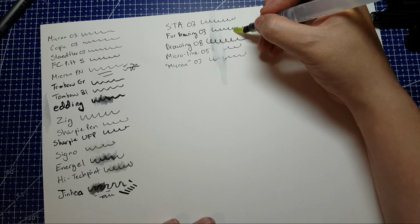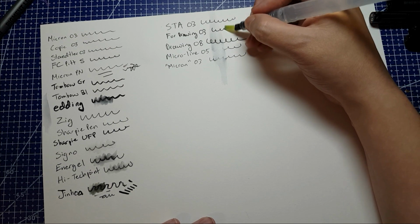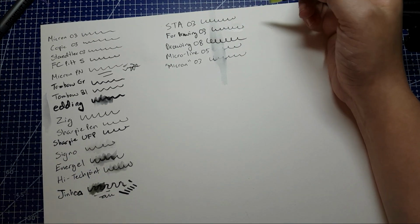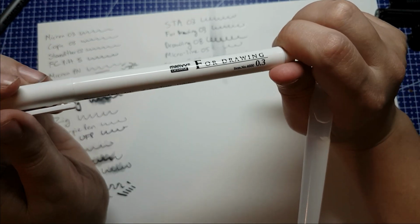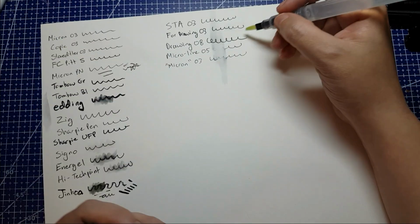For drawing, it's fairly waterproof. Once you go back and forth a bit, you'll start to pick up a little bit. It's not bad. That's this one. Also pretty good if you want to pick up this instead. The drawing one, this one,